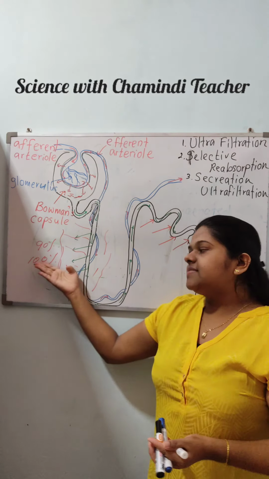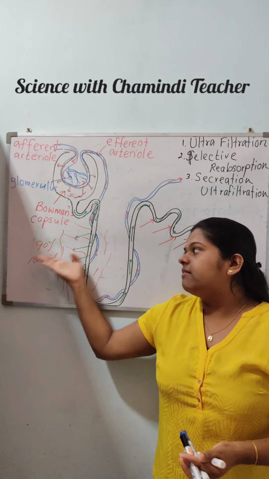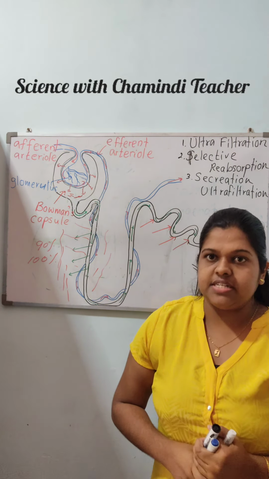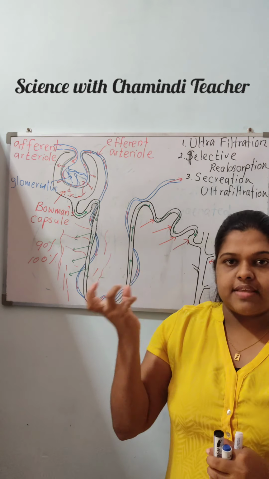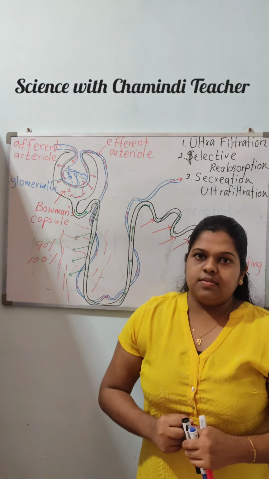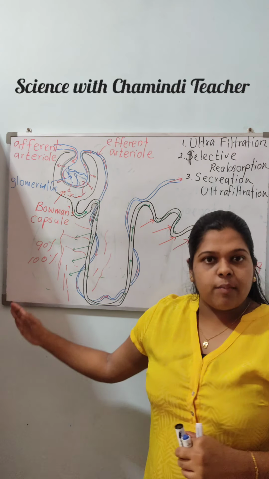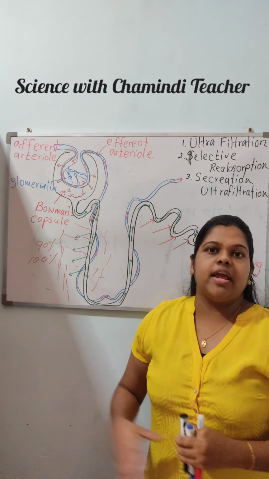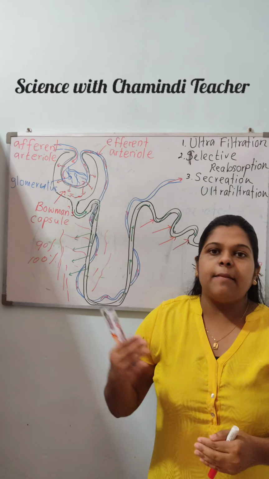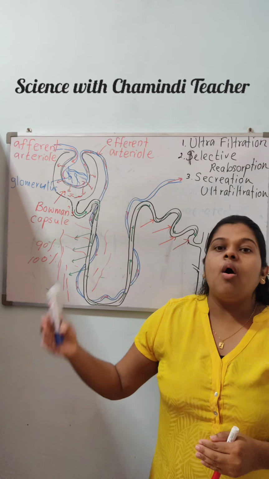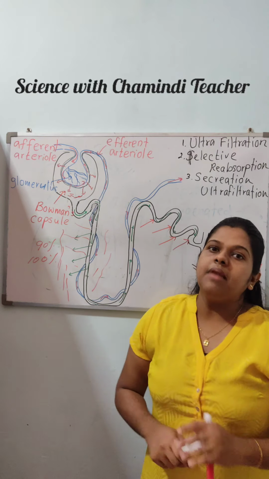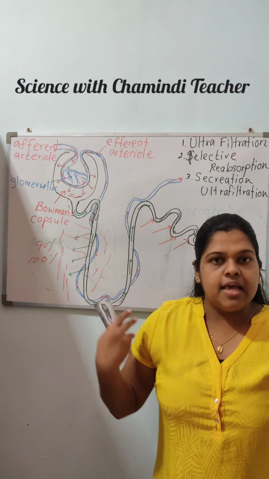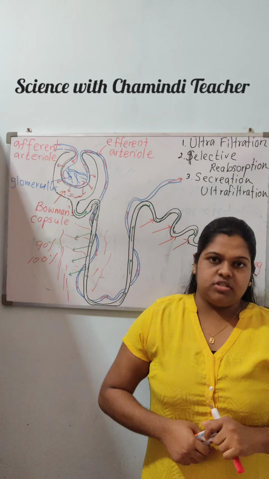But if a patient is suffering from diabetes, the glucose is not 100% reabsorbed, which is why there is some amount of glucose in their urine. Then a part of the amino acids is reabsorbed. Some vitamins, medicines, iron, and hormones are also reabsorbed into our blood vessels and transported throughout our body again.